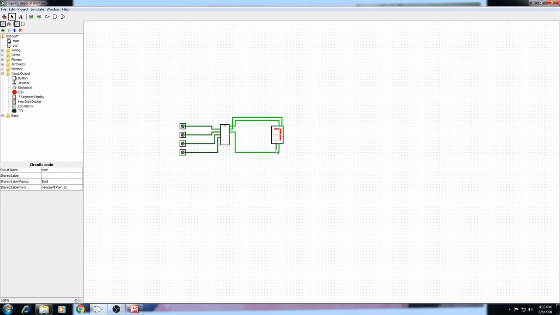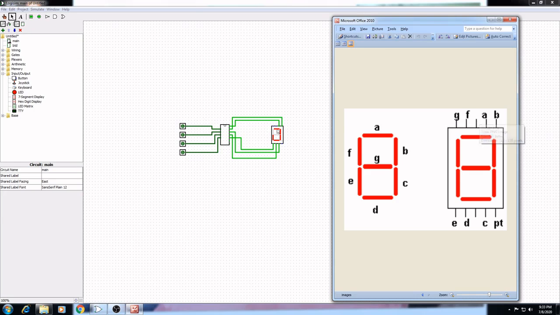This one is D, so now your D is enabled. For E, this one is E, we just move from here. In the same fashion we do all the connections.